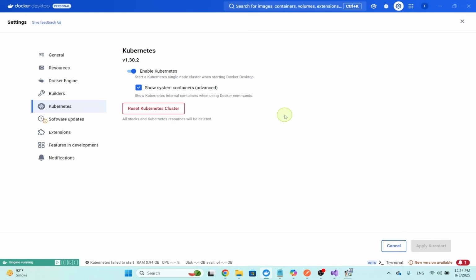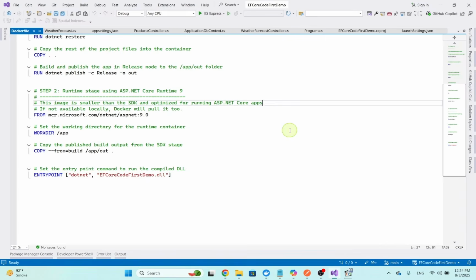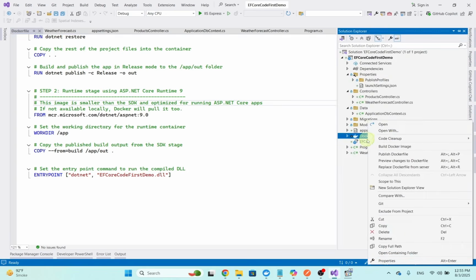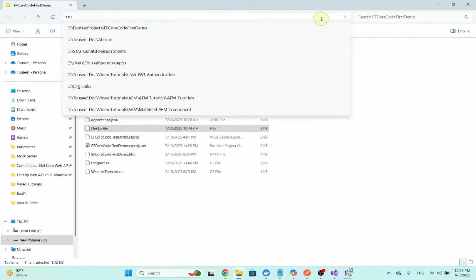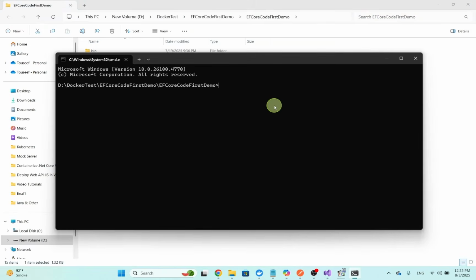Apply and restart. Okay, now let's go back to our project and start building our Docker image. We shall use the same Dockerfile from our previous tutorial, right? So I go to the path where this Dockerfile is placed. I open my terminal here and provide the docker build command. We use the latest tag with our Docker image name. So this will assign the latest tag to the image we are building. Dot means build the image from the current directory. Okay, press enter.